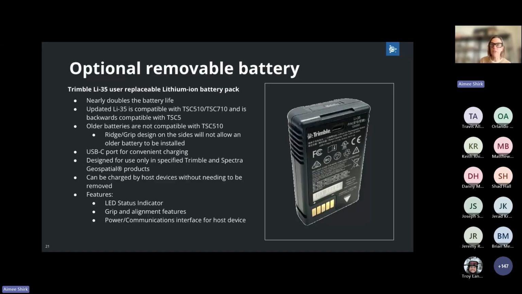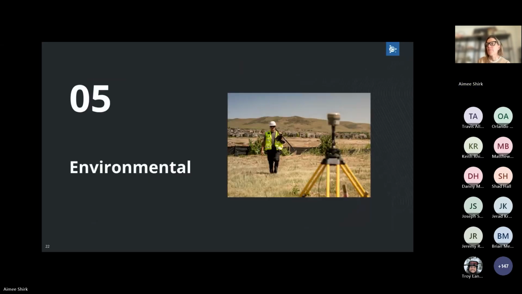If you do remove it, there is a nice LED status indicator, which will indicate the charge level, and then power and comms interface in the host device. So in the host device, you'll see 2 battery fuel gauges, and the supplemental battery will drain before the internal battery. All right, moving on to environmental,